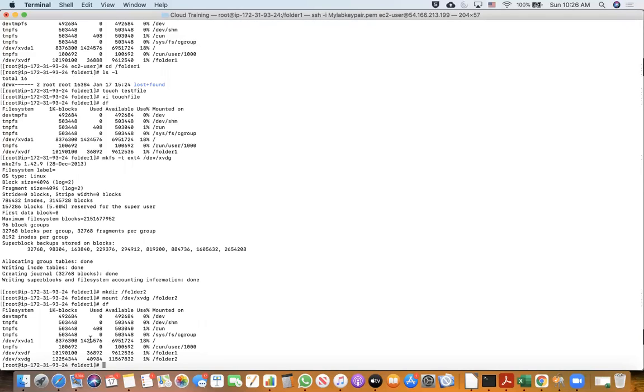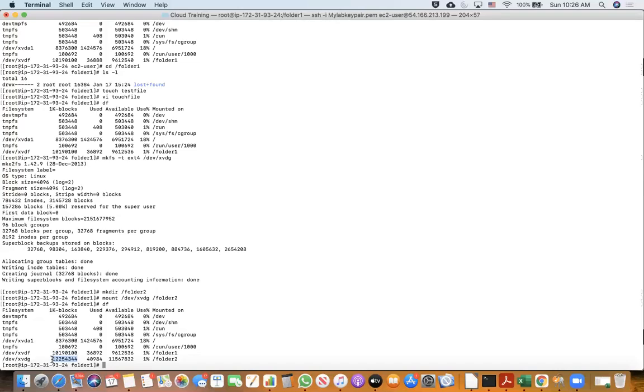As you can see, in the 1K blocks, this is 8 gig and this is 10 gig and this is 12 gig. So now you have this end-to-end mapping. This is how your block storage works. You have seen that we created a server, we mounted the block storage, which in AWS we call EBS.